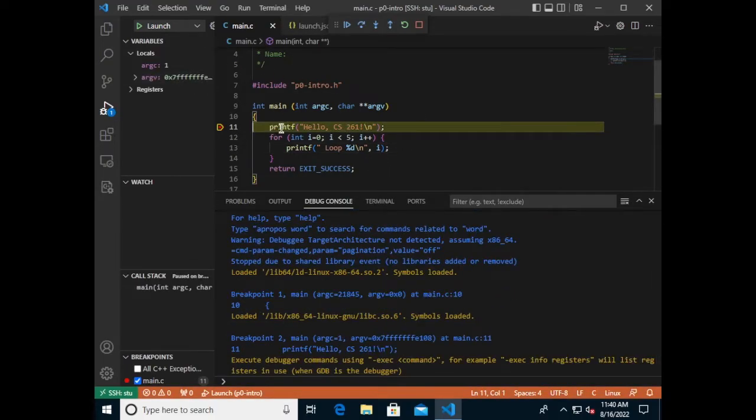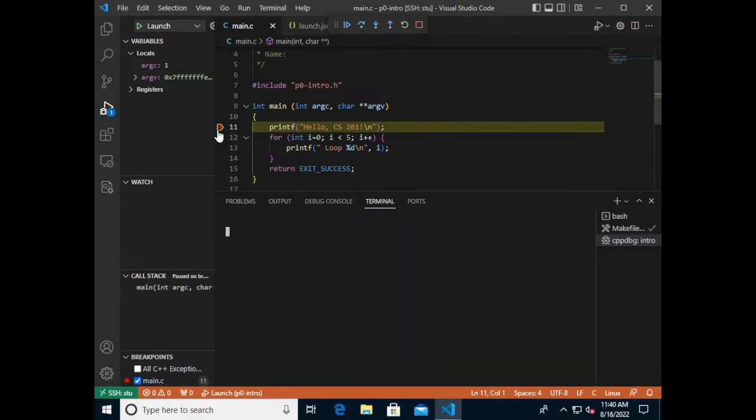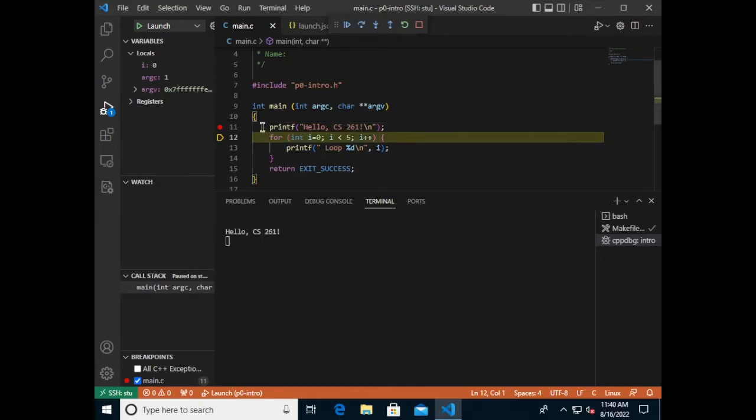And then once it pauses, we now have a lot of information about where the program is running and what it's doing. I recommend switching back over to the terminal at this point so that you can watch the output of the program. So the current line is highlighted here, so we've got this little yellow arrow here, highlighting this line. So I'm going to go one step further, one line of code further, so that we can see this output and we can see that the state of the execution has changed so that we have finished this printf. So I'm going to click step over, and that's going to move execution down here. So we're now on this next line.